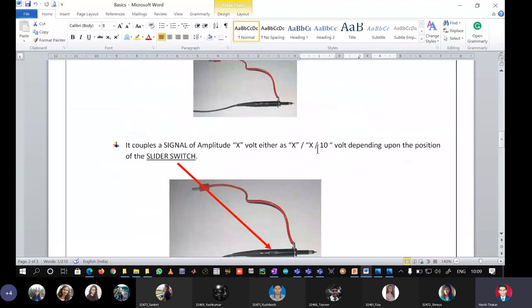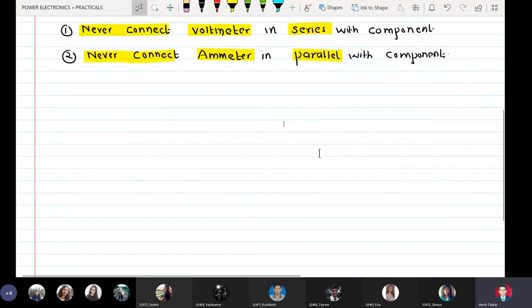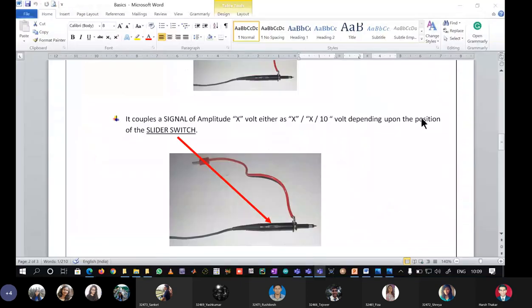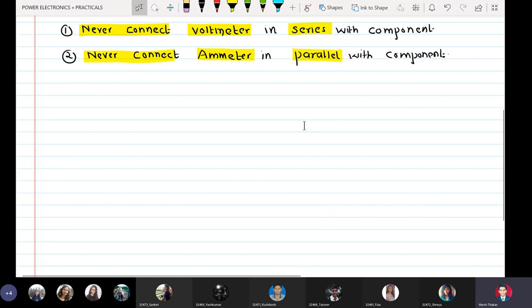So you know about the probes. One important thing I told you here. Okay, this is very important. I told you that the output of power electronic components and systems is high. So the first thing we told was that